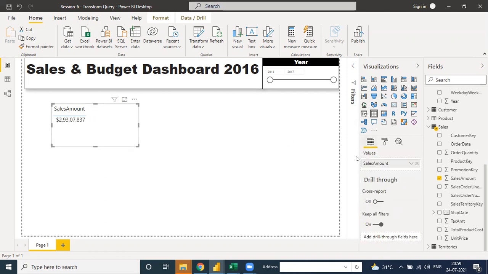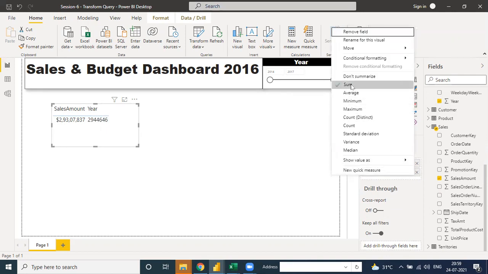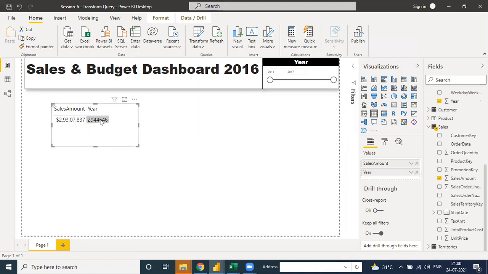Suppose in sales we need sales by year. So go to order table, click over sales. See year and sales. Sometimes year is showing this kind of, but year is not here. So you need to just drag, and here is the sum of year. You need to just do, don't summarize. Don't summarize means it's year wise. See 14, 15, and 16 total year. And you just drag and drop year and sale as per the complete understanding.